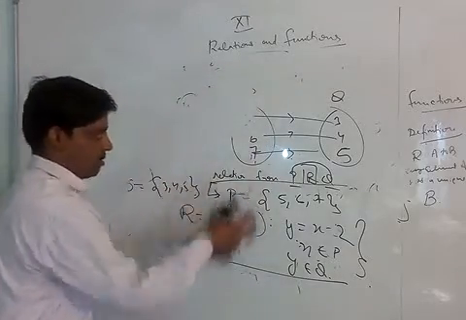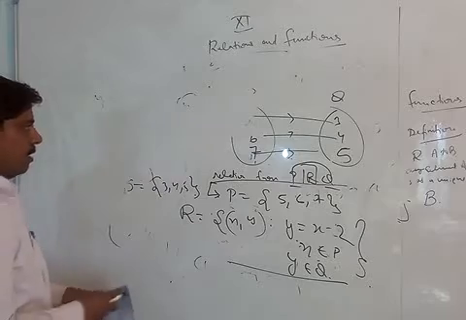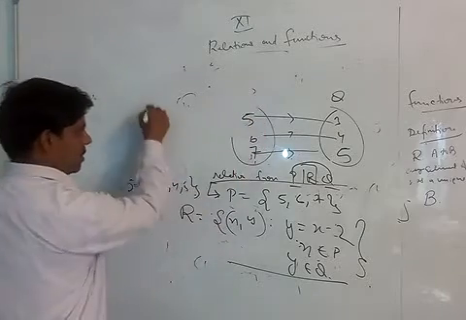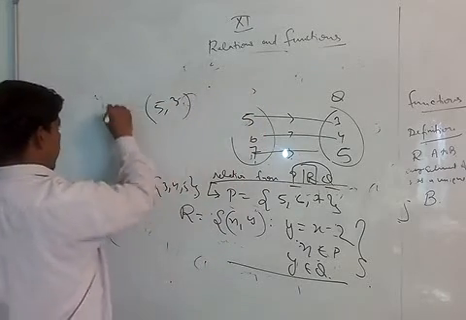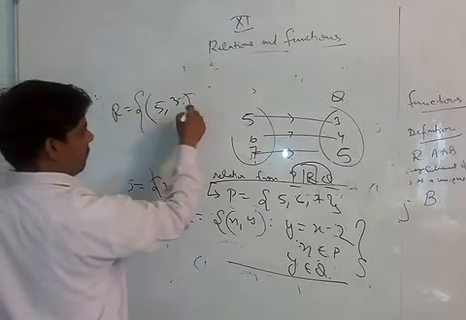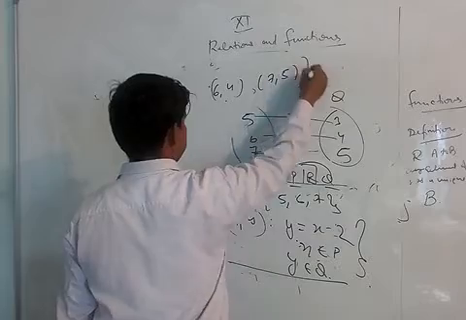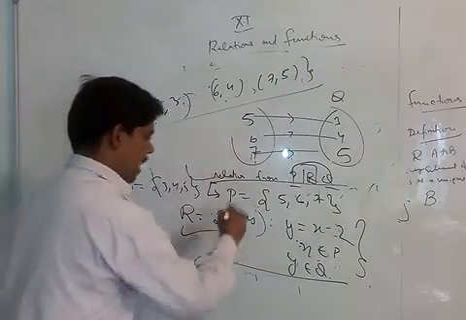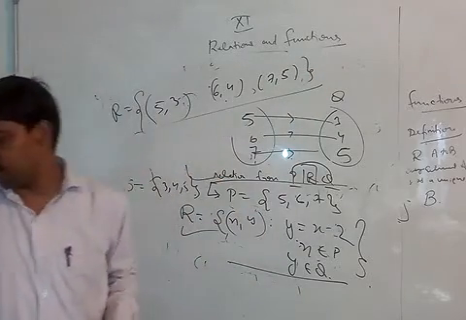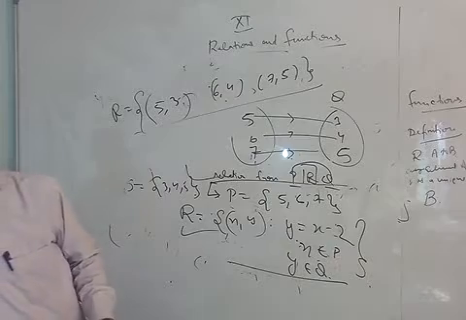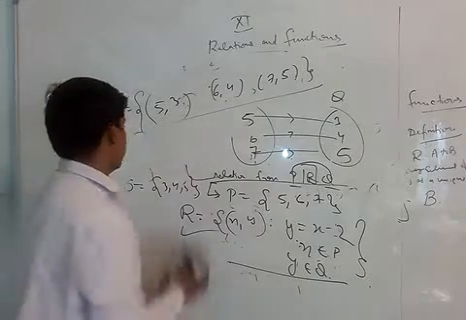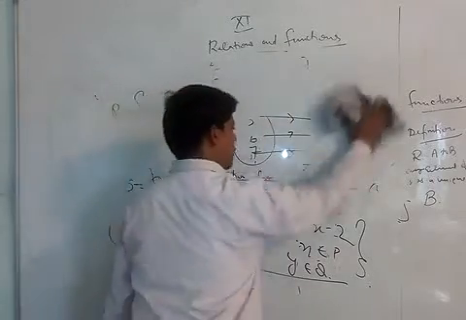So and in set builder form I have written like this. In roster form you will write like this. This is (5, 3). Directly सीधे element लिख दो. (5, 3), (6, 4) and (7, 5). That's it. This is roster form and this is set builder form. Set builder form is a good thing to understand any question, right? So let's do the next question. What is the next question we are getting?